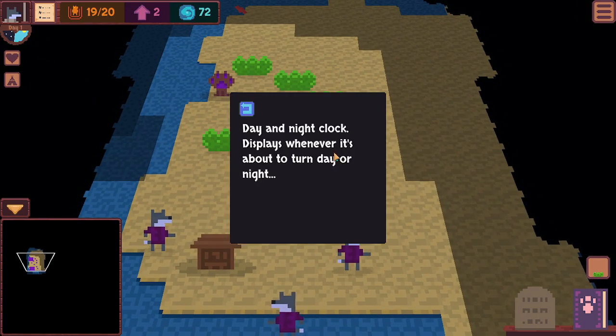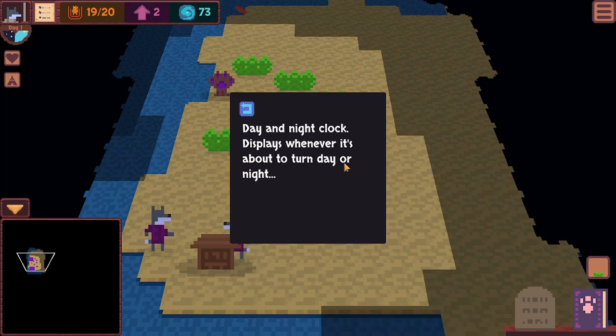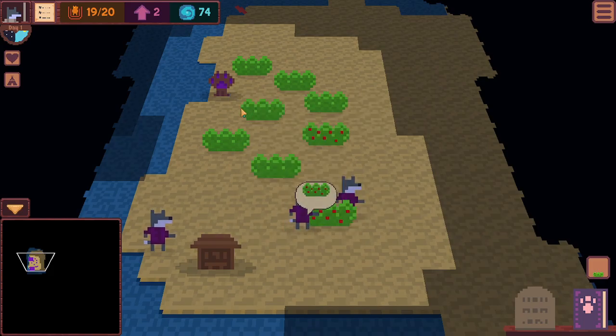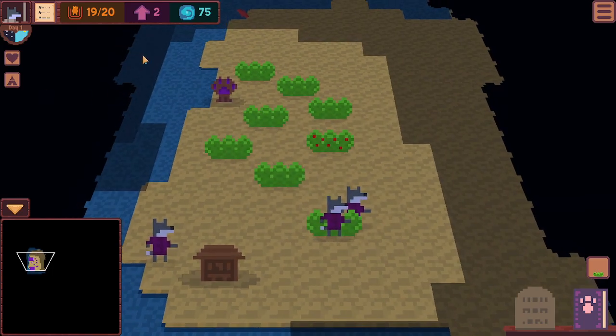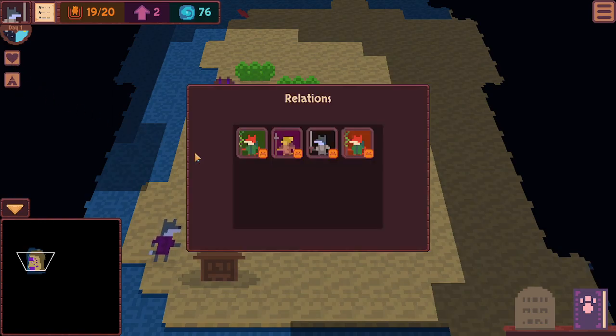You can also click on this. I mean, everything in the UI is just clickable, and it'll say what exactly it does. So the day and night clock displays whenever it's about to turn day or night. And then also these two features I covered briefly in the previous video, but they do in fact work